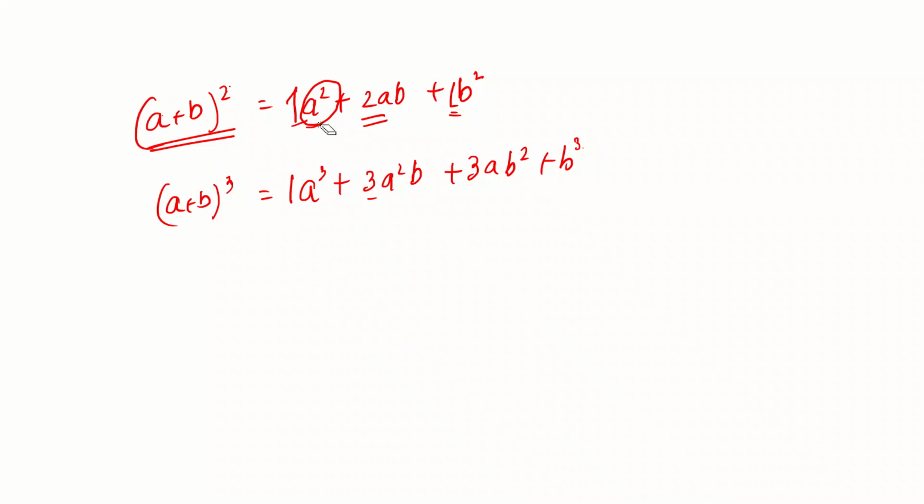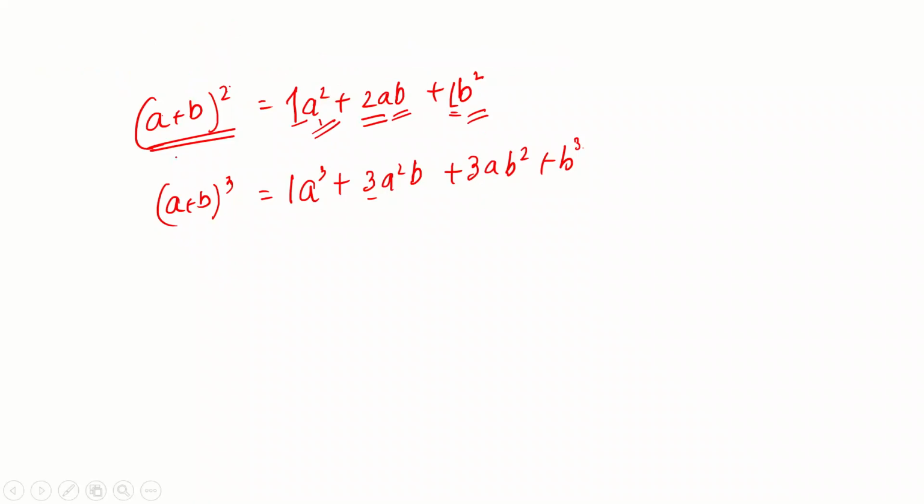So in the first term we are having the power of a to be 2, which is this 2, and then the powers of a go on decreasing. So it is a^2 over here, it is a to the power of 1 over here, and a to the power of 0 at the end. That means actually there is no a. And for b, the power of b goes on increasing. So there is b to the power of 0 in the first term, then b to the power of 1, and at the end it is b to the power of 2. Alright, so this is the pattern.